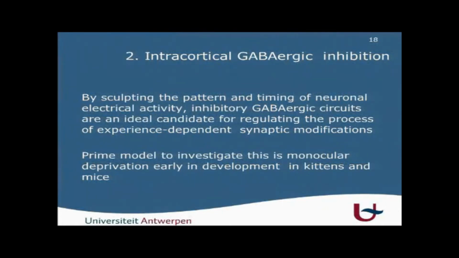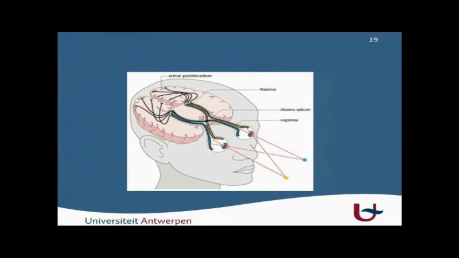And most people who have studied this intracortical GABAergic inhibition have focused on the visual system in young cats or in mice. The visual system has been studied a lot for neuroplasticity. And this is an example of a human being, of course, but in case you're studying a mouse or a young cat,